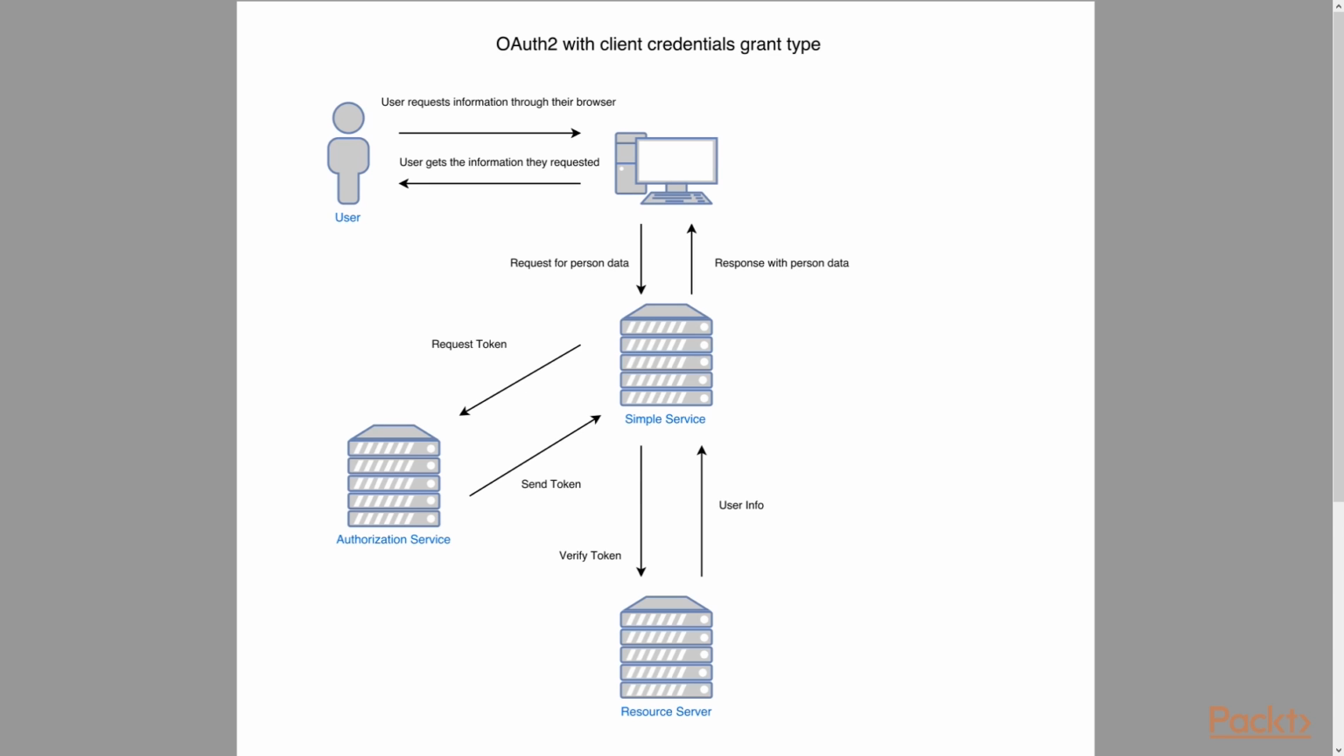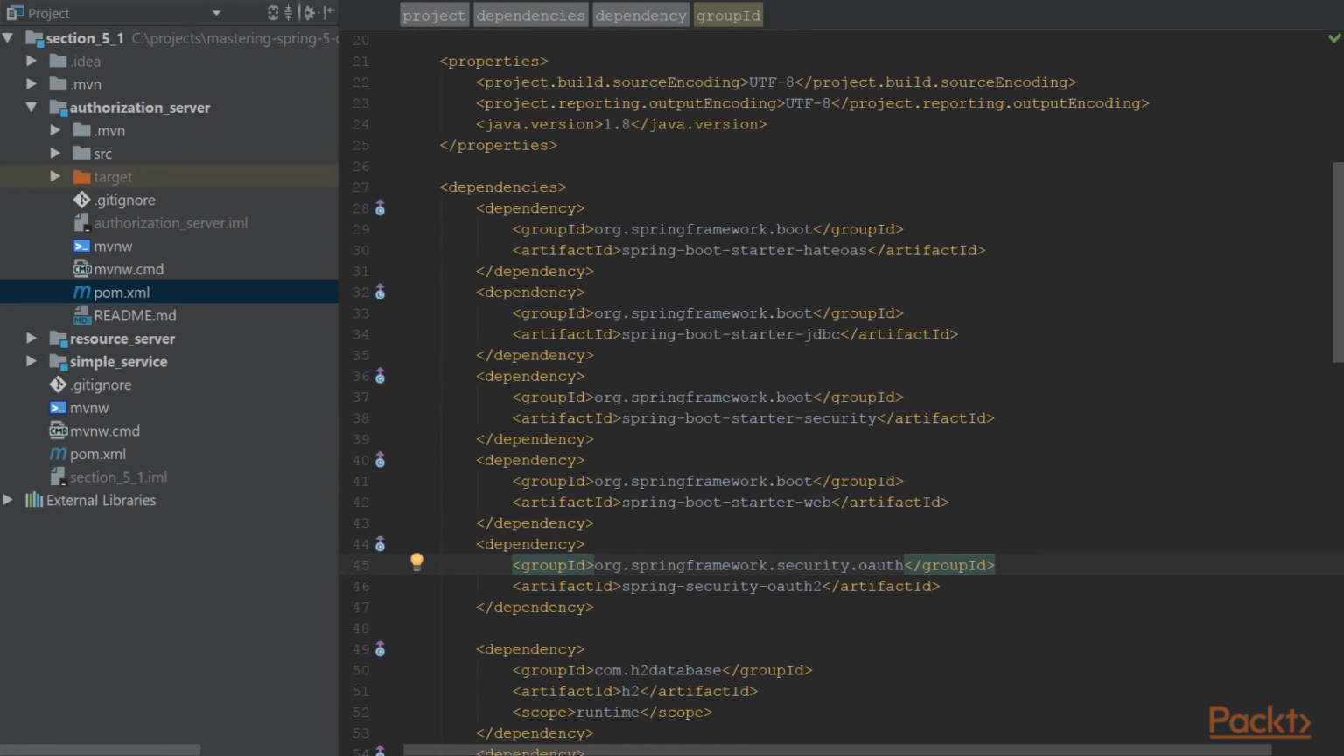This token is then sent with the request to the resource server. This resource server represents the server that hosts a backend API to retrieve data. The resource server will then retrieve the user info from the authorization server and allow access to the resource server's API. The response will then be sent back to the simple service and then the user's browser. Now that we have a good overview of what we want to achieve, we can begin by looking at the